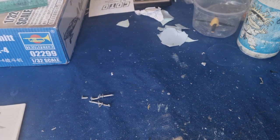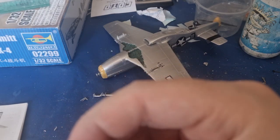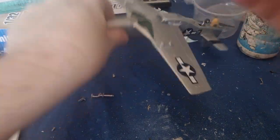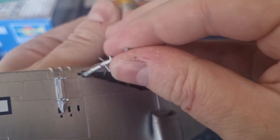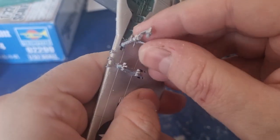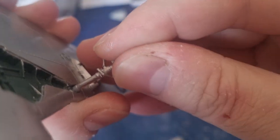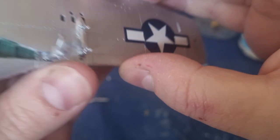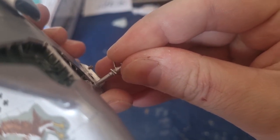Let me do something carefully. There we go. Okay, now let's glue the gear doors. One will be glued right now. Like this. There we go. I think it's completely attached, perfect to the gear well. Let me apply some pressure without breaking it,